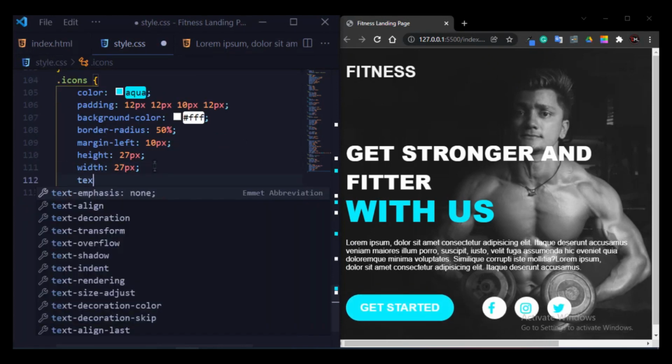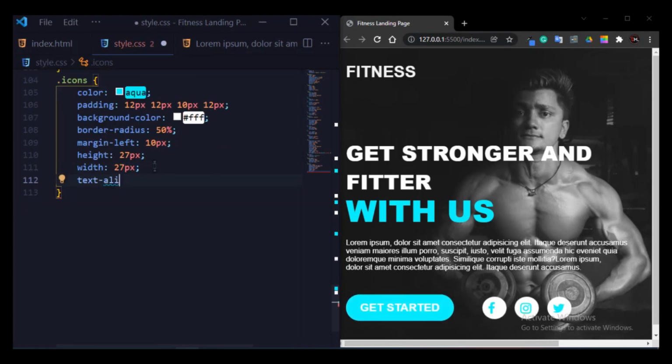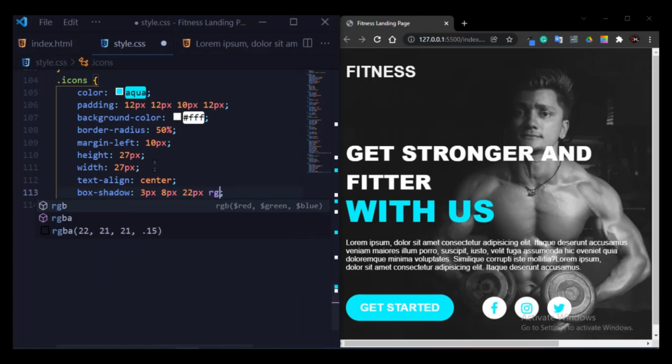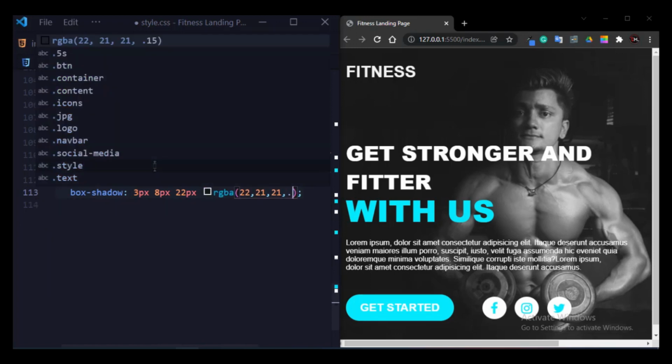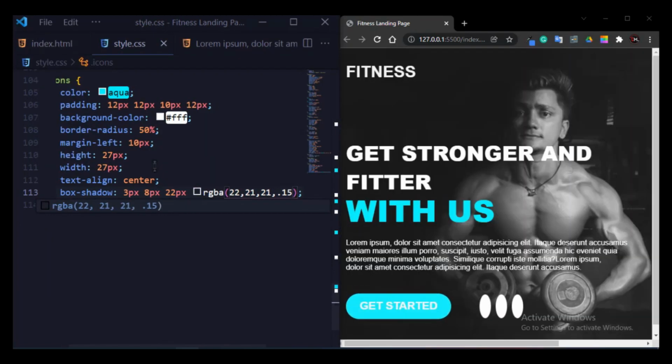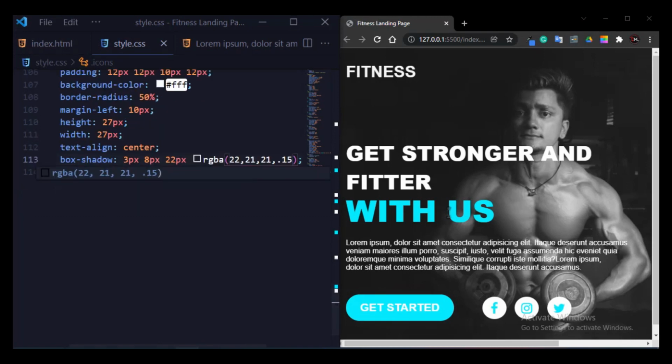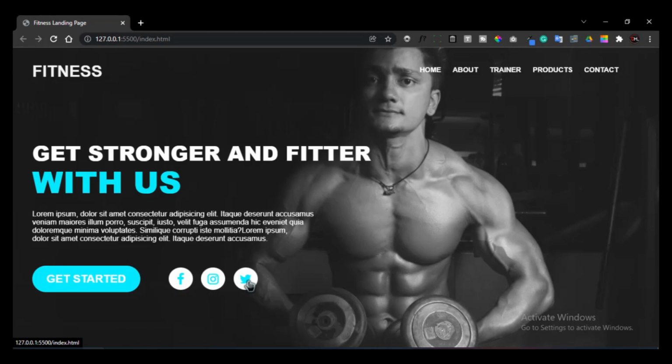Okay, now text align center, and again box shadow 3 pixel, 8 pixel, 22 pixel, RGBA 22, 21, 21 and 0.50. So our social media icons are ready, as you can see here.